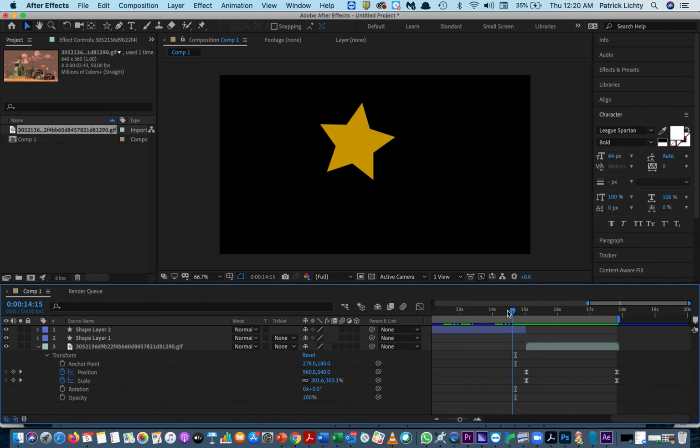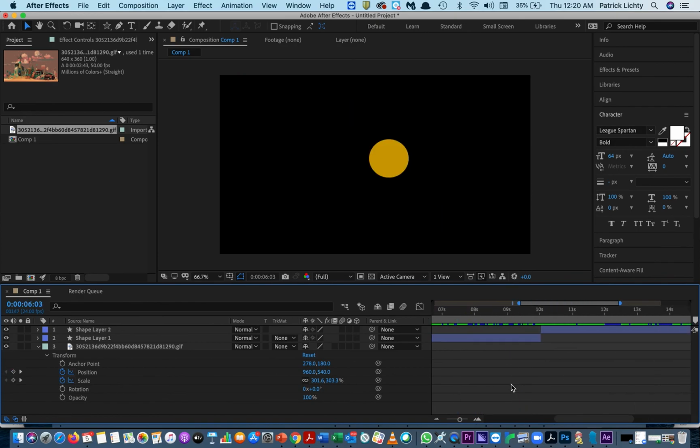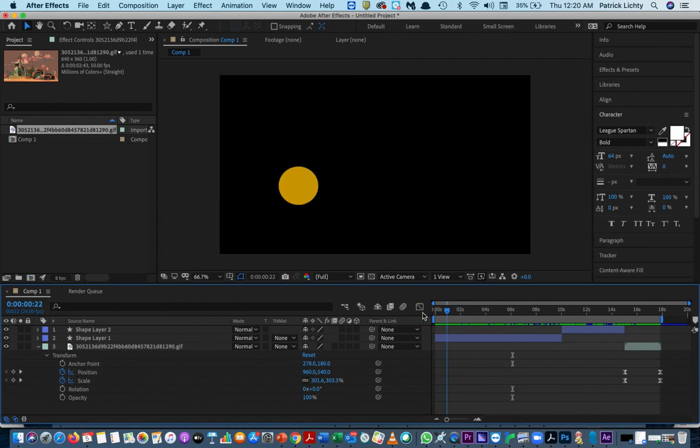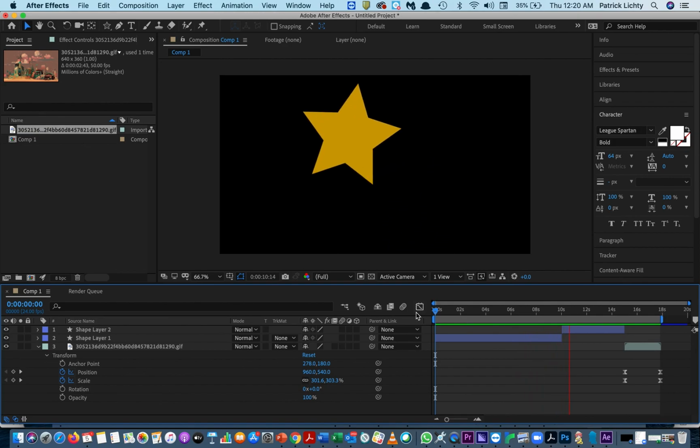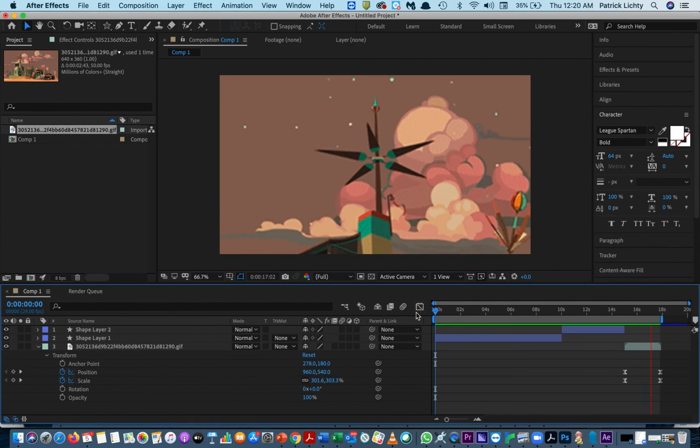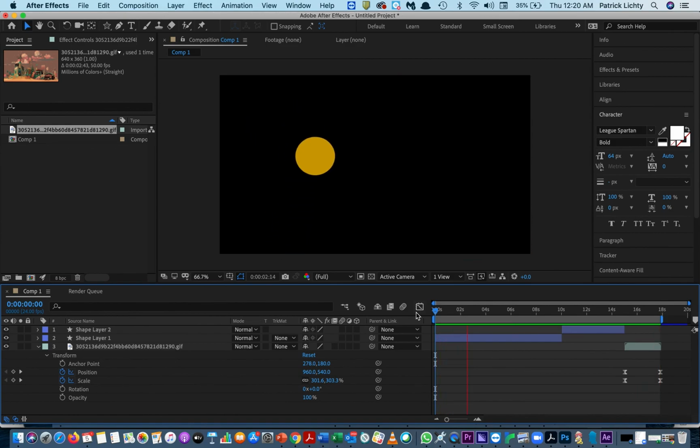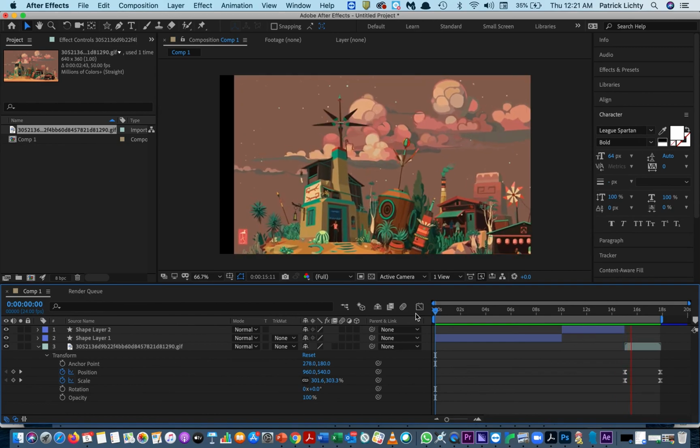Notice how, actually, let's go back and take a look at all of this. Notice how all of this, when it looked really robotic before, isn't perfect, okay? But it's a lot better than it was. This is much better, actually. And then notice how that zoom just kind of went in a very organic sort of way. So this is how you use the ease tools in the graph editor